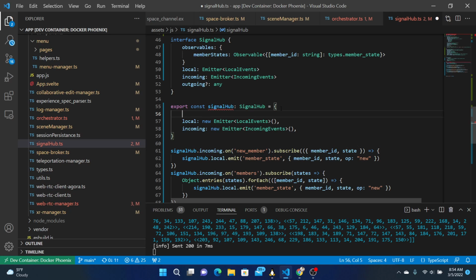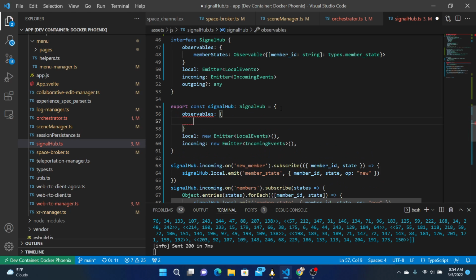And so we can do this: observables, member states, and here